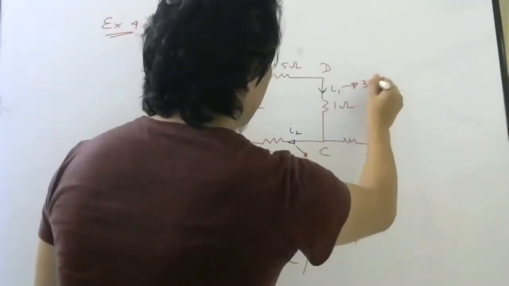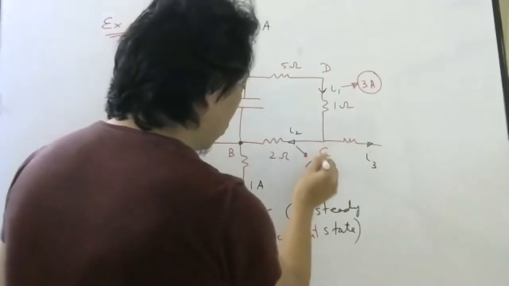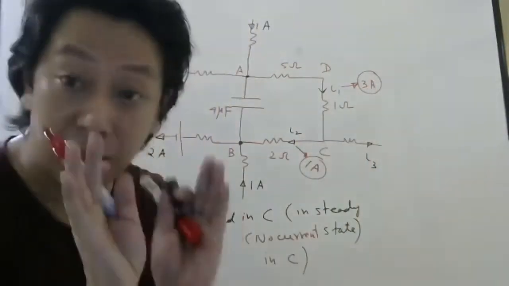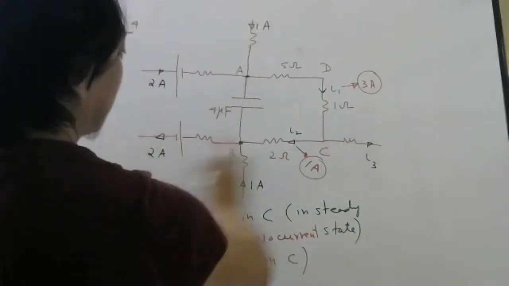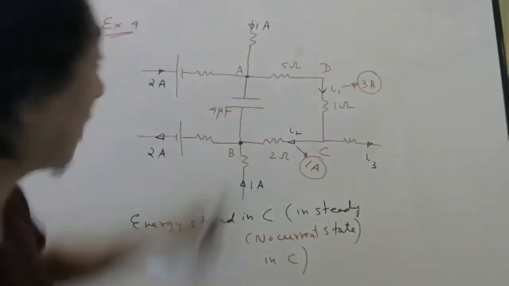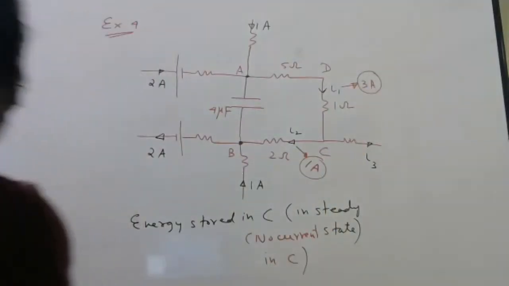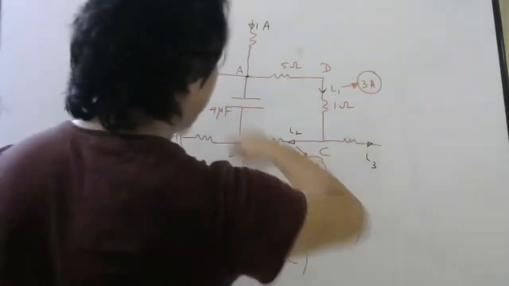3 ampere. So I will put a circle on whichever we have to find ourselves. These two currents we have to find ourselves, students. Only these currents are given: the black currents which I have marked are given to you. The circled ones you have to find. Now see here, I have already found.